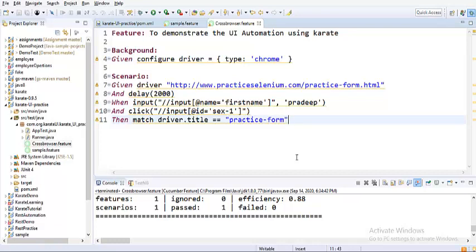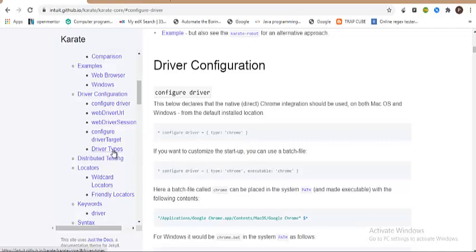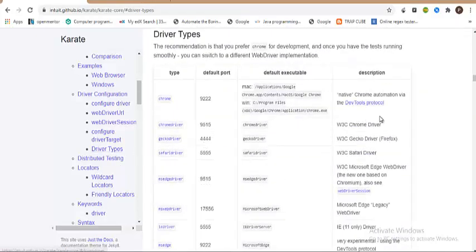And what I have understood was that if you go to their official documentation, you have something called driver types. This driver type says that this is actually the way to launch your application in various different browsers. If you see the type, we have mentioned it as Chrome.